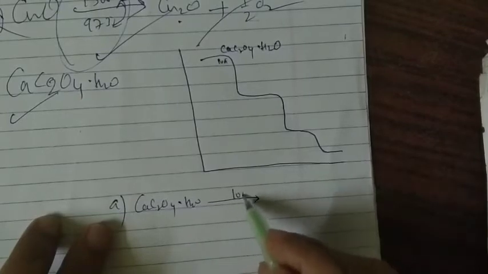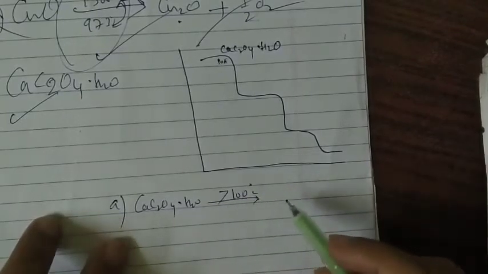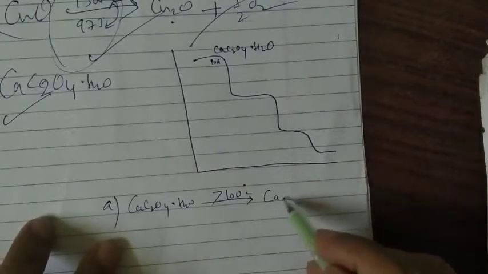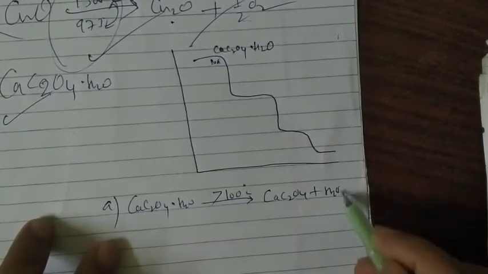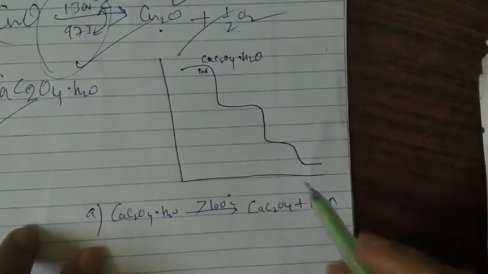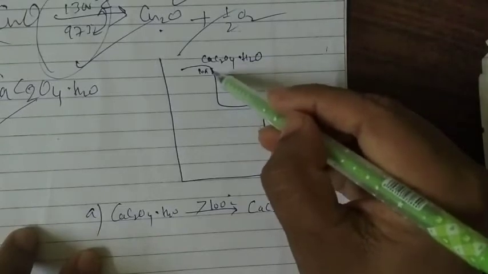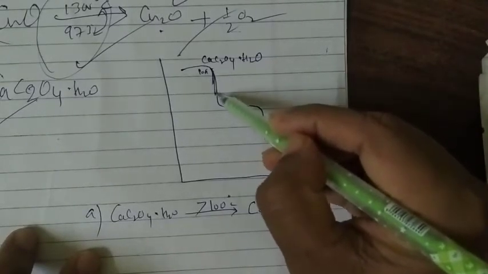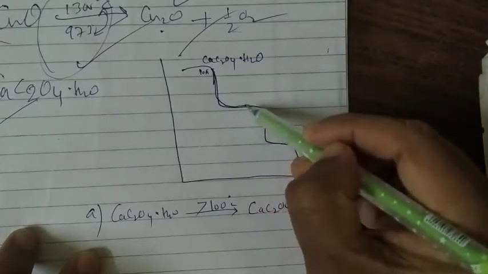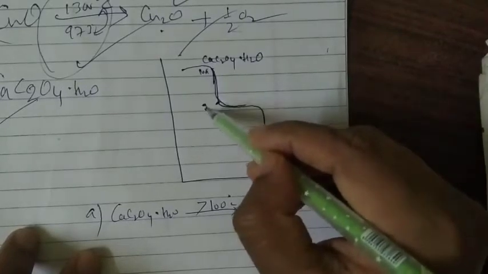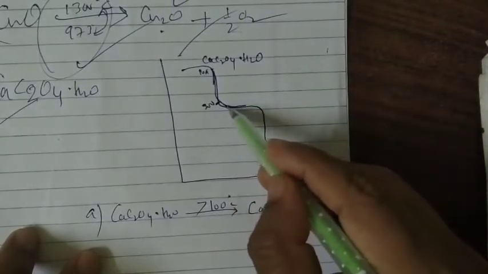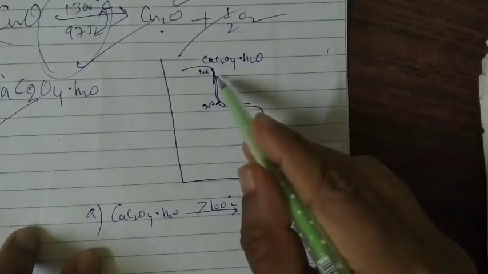So here, calcium oxalate monohydrate CaC2O4.H2O above 100 degrees centigrade, similarly the same thing above 100 degrees centigrade, you are going to get calcium oxalate plus water liberated here. You can see now the weight is decreased here, and afterwards it remains constant. When the temperature comes to around 300 and above 300, you can see again there is a decrease above 300.